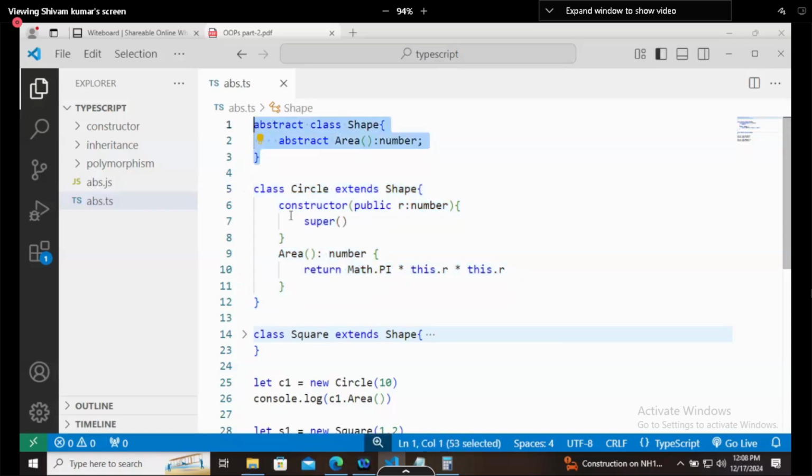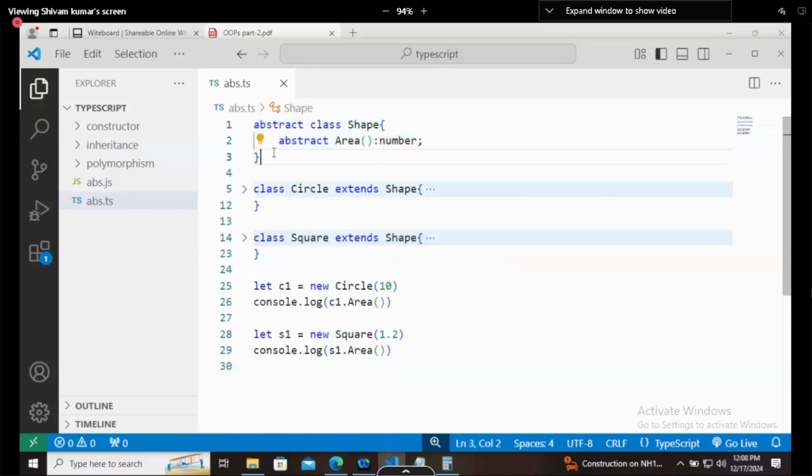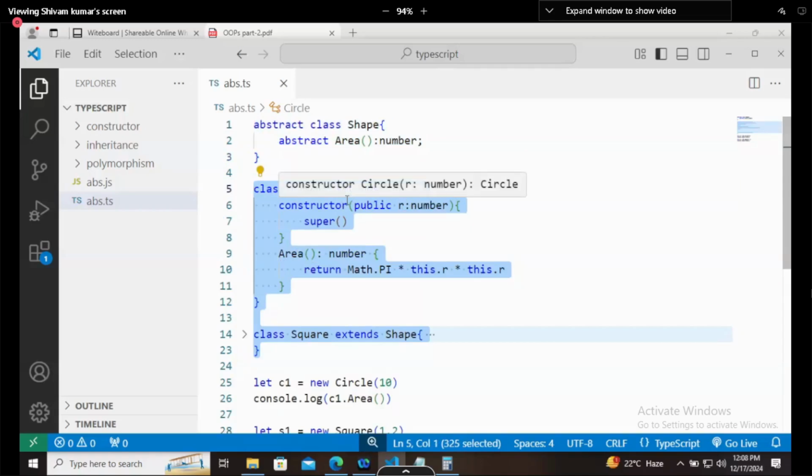If the user is trying to use it, the user will have access to the abstract class, not the subclass. So by making it an abstract class, you are saying that this is the parent class and these two are the child classes. But the functions are written within the child, which will not be visible to the user whenever you are creating some application.